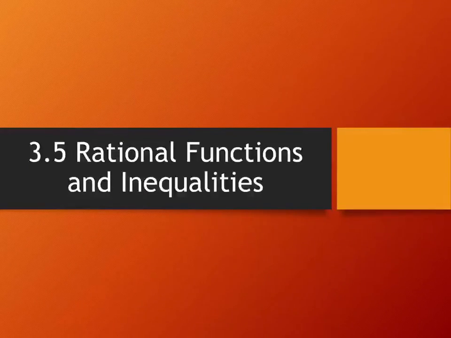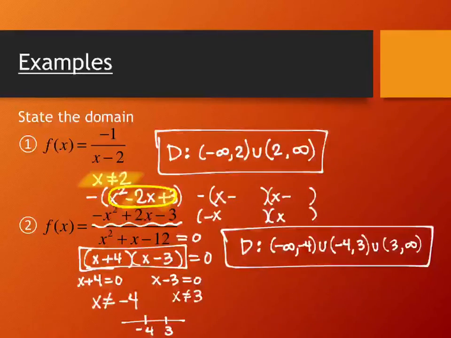Alright, last time we started section 3.5. As a reminder, we're working with rational functions. Rational functions are ratios, namely fractions, where there's a polynomial on top and a polynomial on bottom. We encountered the topic of domain when we looked at it last time, in particular the denominator not being able